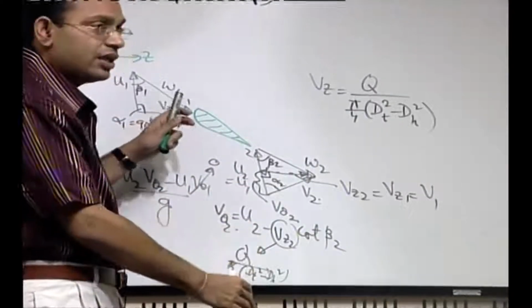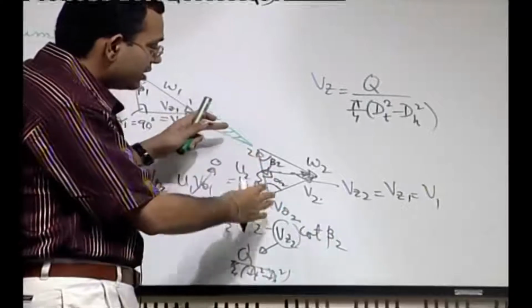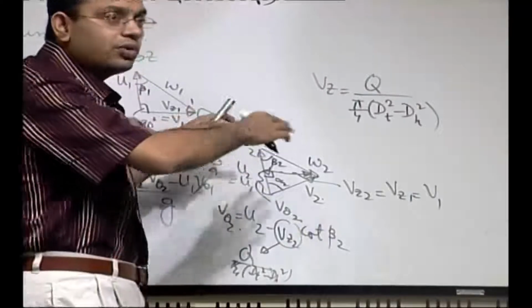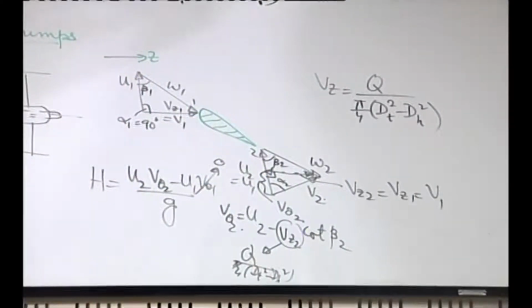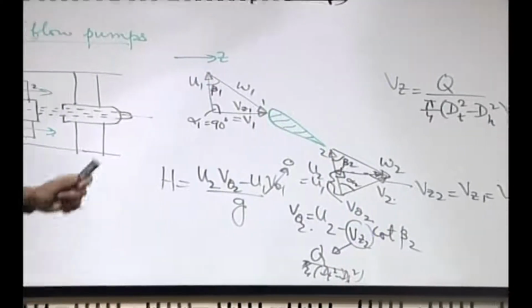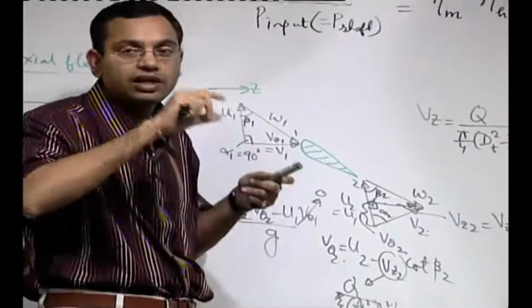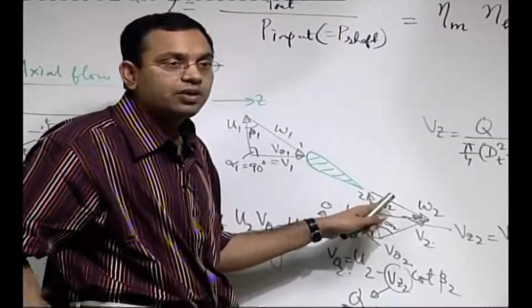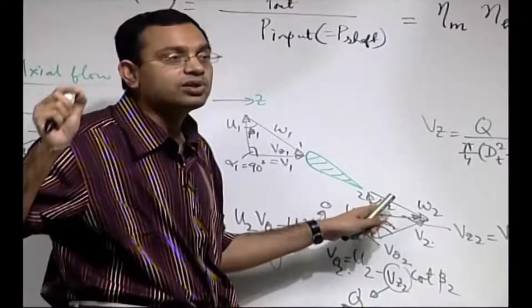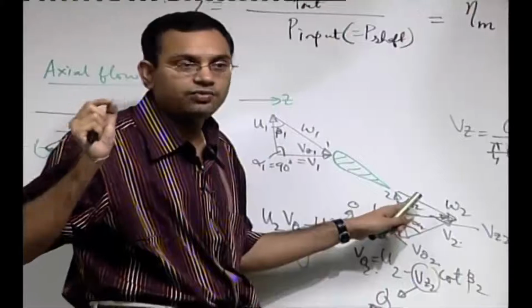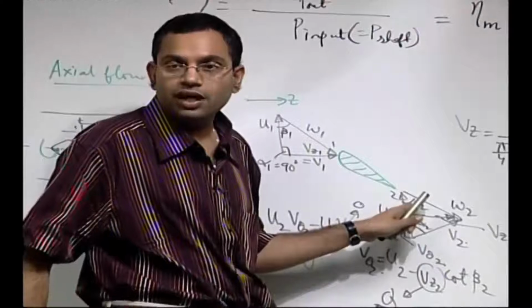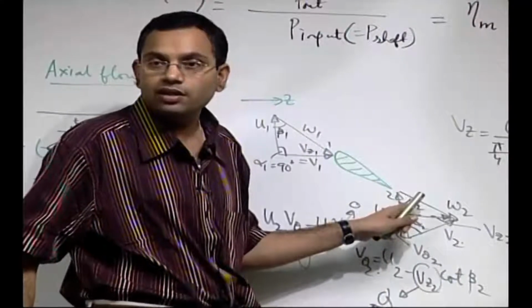Just think that you have an aerofoil section, and the angle of the blade is not well oriented with the direction of the flow, but is getting more and more deviated from the direction of the flow as you increase beta. This is related to the angle of attack that we have seen for our aerofoil section. The higher the value of this angle, you will come to a state where there will be very easy flow separation, and that is known as stalling of the aerofoil. So increase of this is limited by the stalling effect, and you cannot increase it indiscriminately to a great extent.